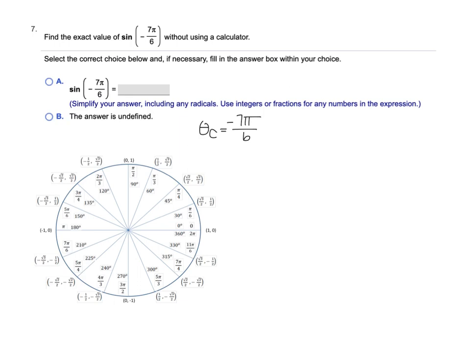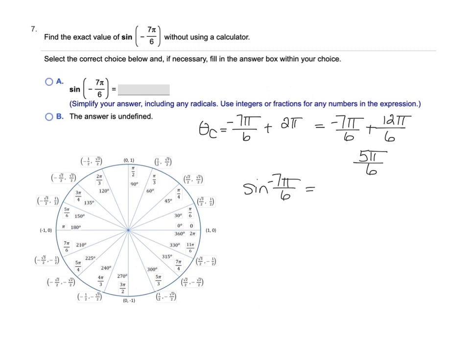So since it's negative 7 pi over 6, let's just add a 2 pi. Remember, we're adding because it's negative and we want to add to make it positive. So when we do that, we do have to get a common denominator. So let's convert 2 pi. If we're talking about over 6, that would be 12 pi over 6. And when we add those together, negative 7 plus 12 gives me 5 pi over 6. So coterminal angle, that means that the sine of negative 7 pi over 6, which is what I'm asking for, is the